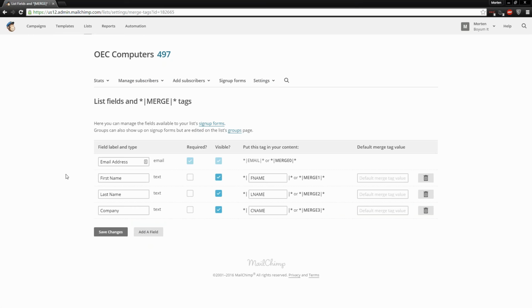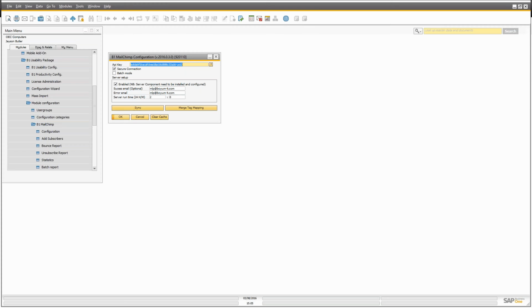But here as default you have a first name and last name and email address. They are always created by default. And then I have also created this additional field here called company. And now you want to tell the MailChimp module how it should get data into these fields. So if we return to the SAP client,